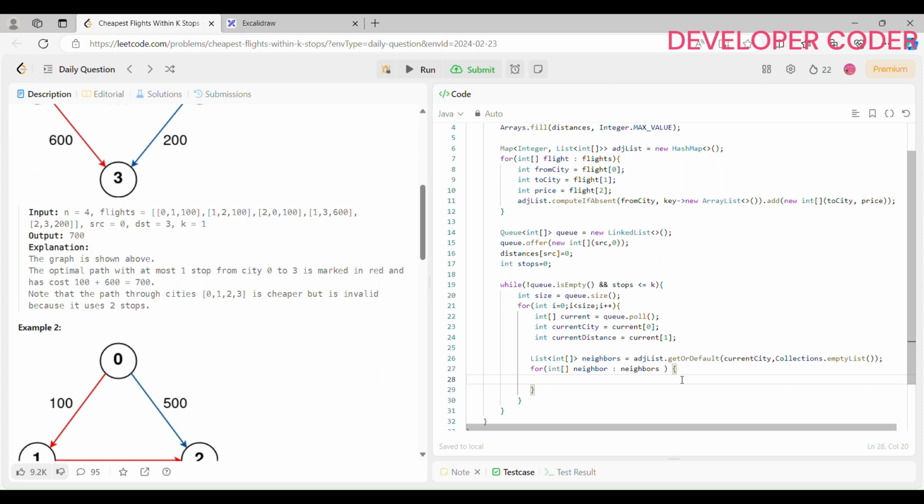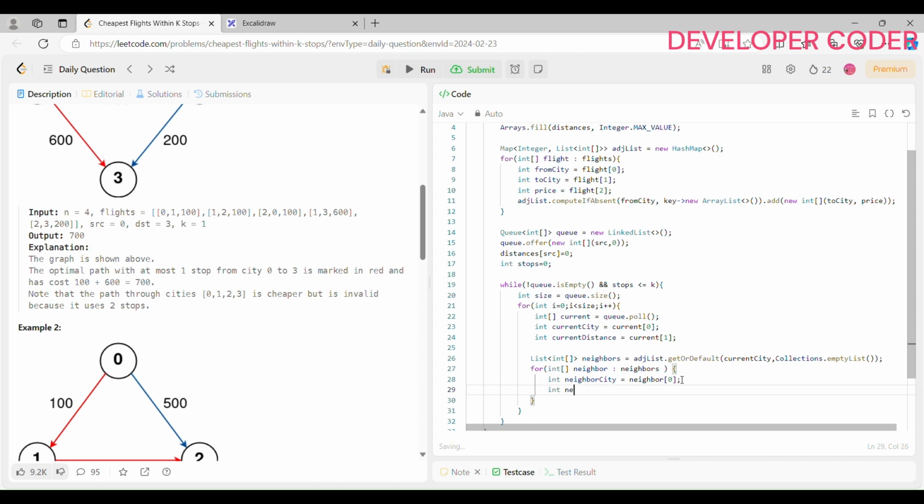Now after that I am going to write int neighbor city. Let's get the neighbor city. Neighbor city is nothing but neighbor of 0, and int